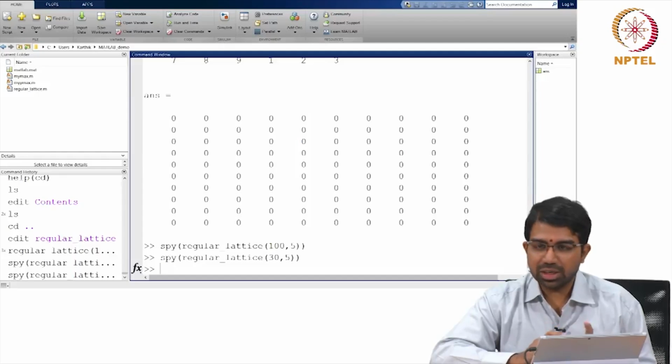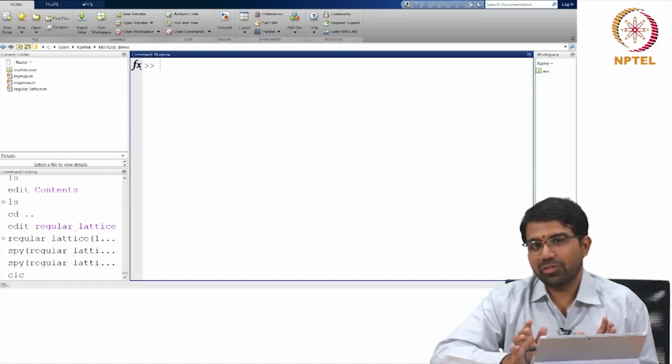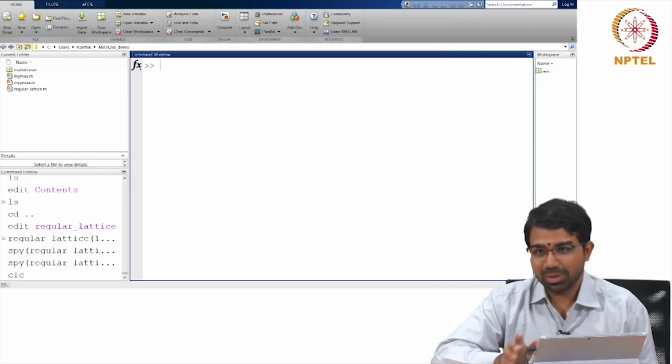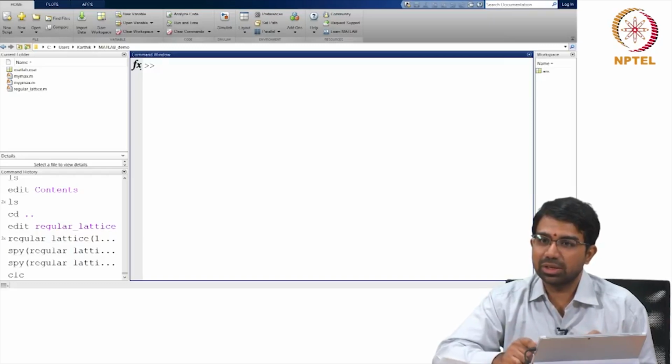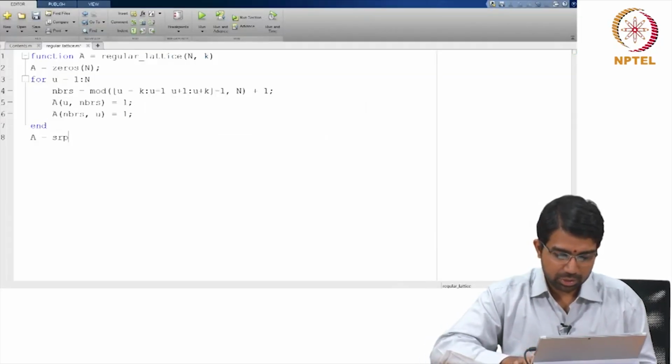No graph object, just create an adjacency matrix. There is nothing called a graph in MATLAB BGL. In MATLAB you have graph objects. In MATLAB BGL, every piece of code requires a sparse adjacency matrix as input. So in fact, I should be saying